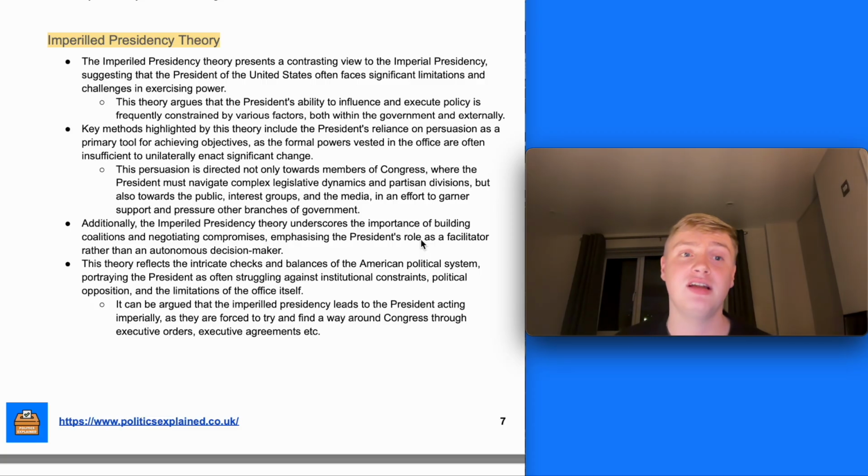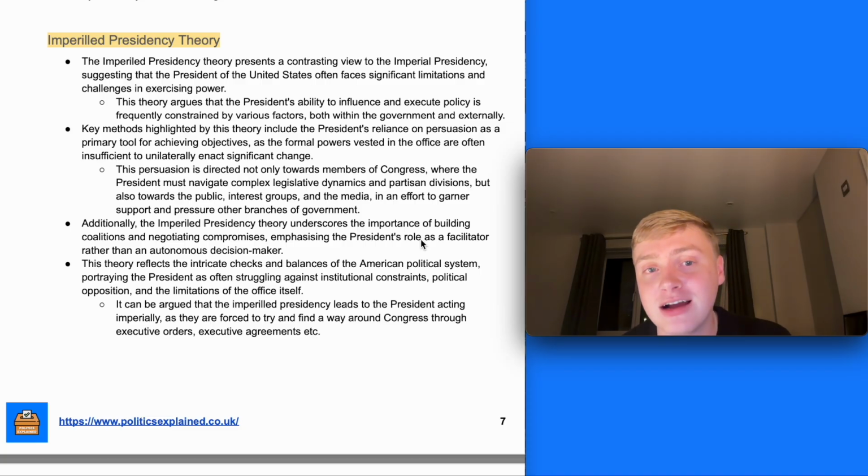On the other hand, there's the imperilled presidency theory, which presents a contrasting view to the imperial presidency, suggesting that the President of the United States often faces significant limitations and challenges in exercising power. This argues that the President's ability to influence and execute policy is frequently constrained by various factors, both within